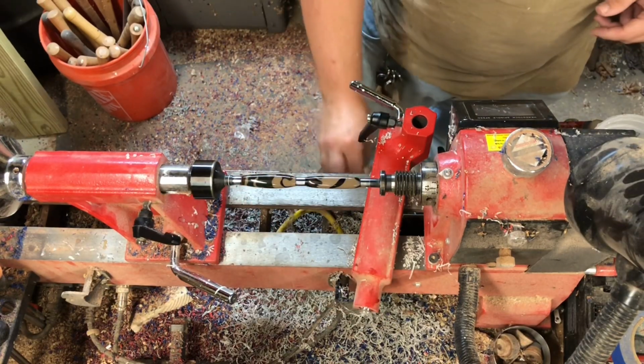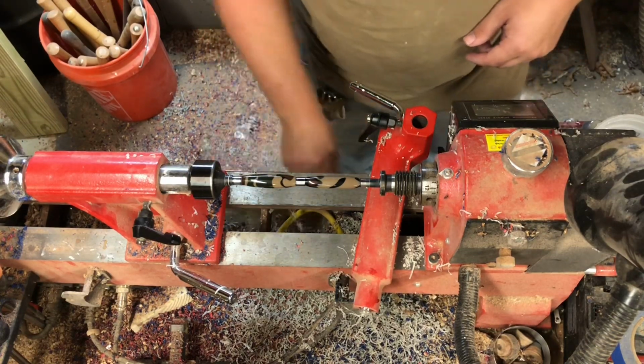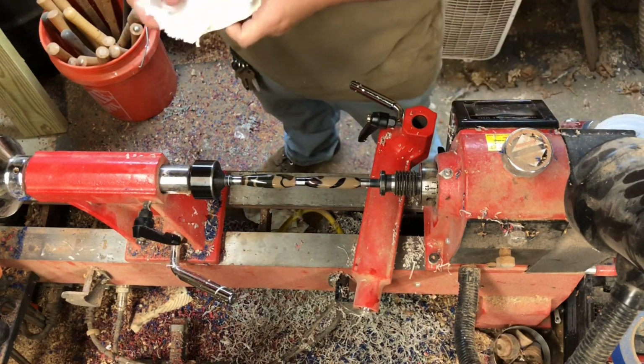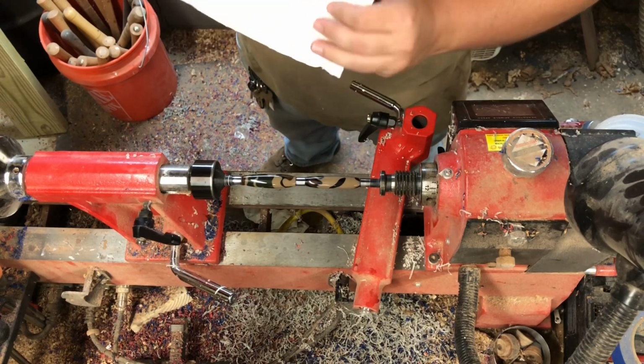Get the water off my lathe. Man, I really should have put down a towel first before I did all that turning and polishing. So I'm going to take this other rag here,